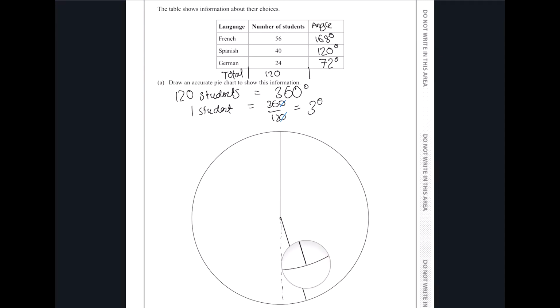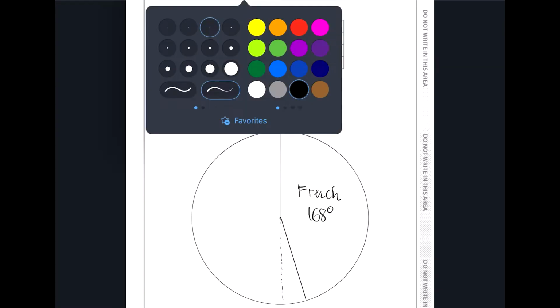Something slightly like this. Again, this is definitely probably a little bit off. So this is what I would say would be the French,